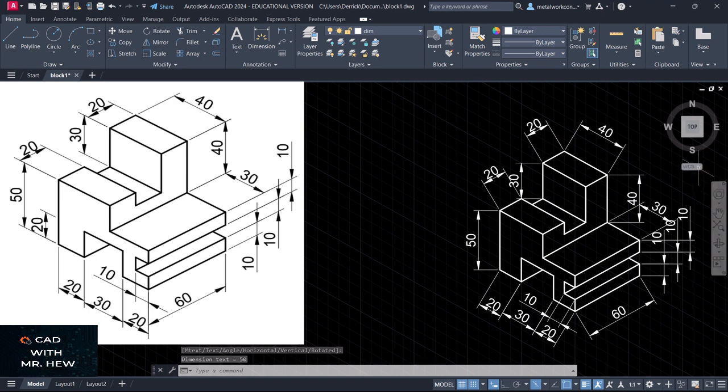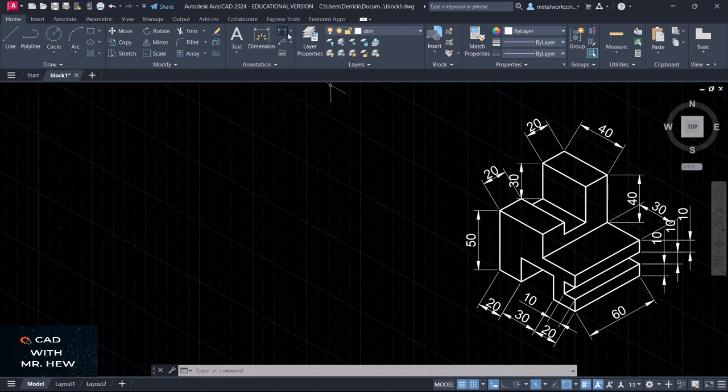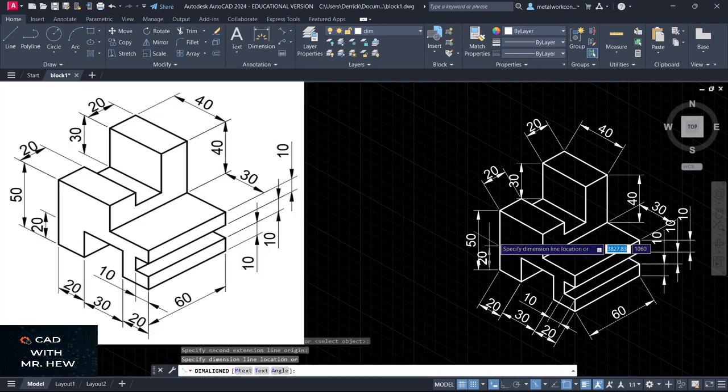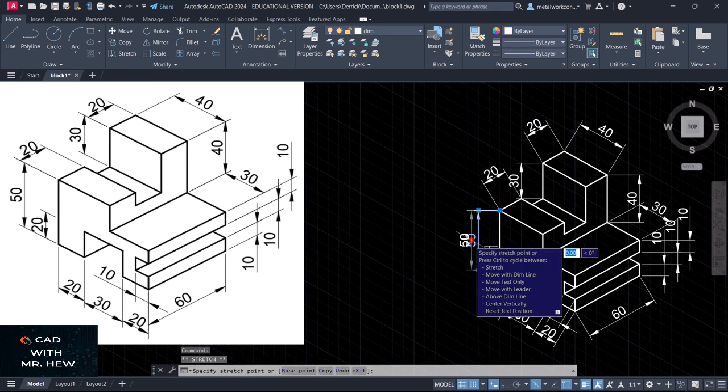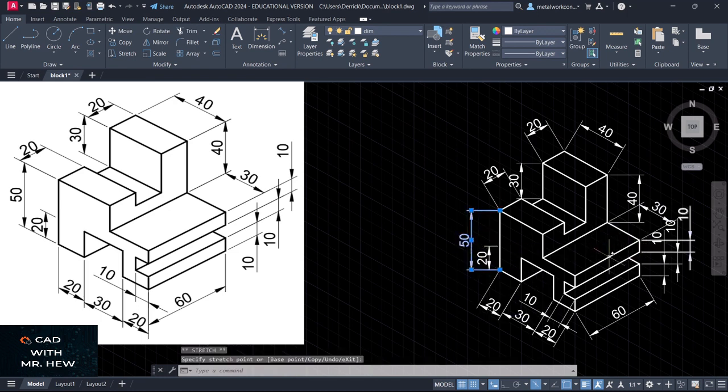All right, what we're gonna do now, we're also gonna measure this measurement here. So we'll go align. So we'll go this point to this point. All right, we're gonna shift out this 50. All right, so what we're gonna do now, we're going to